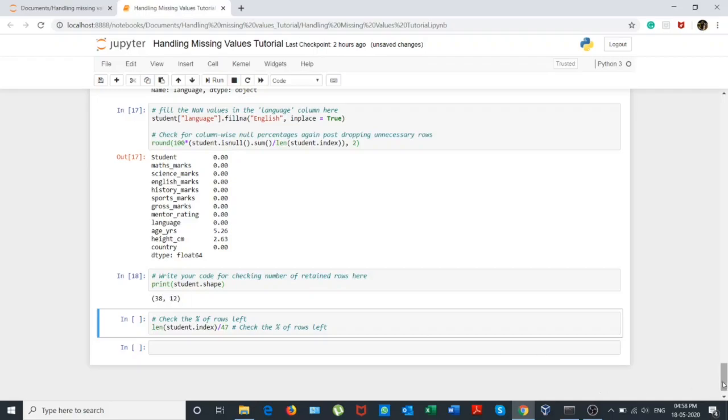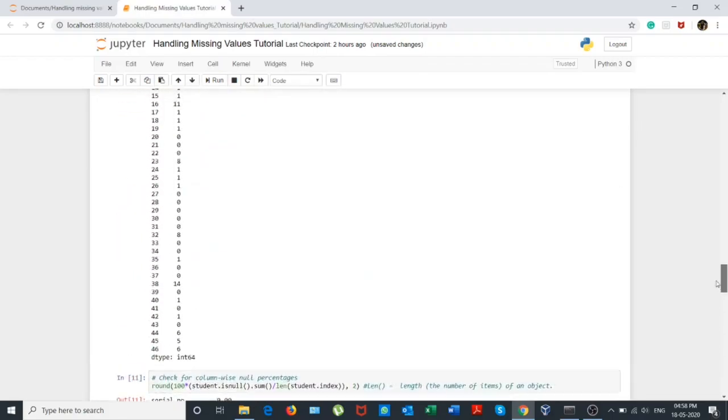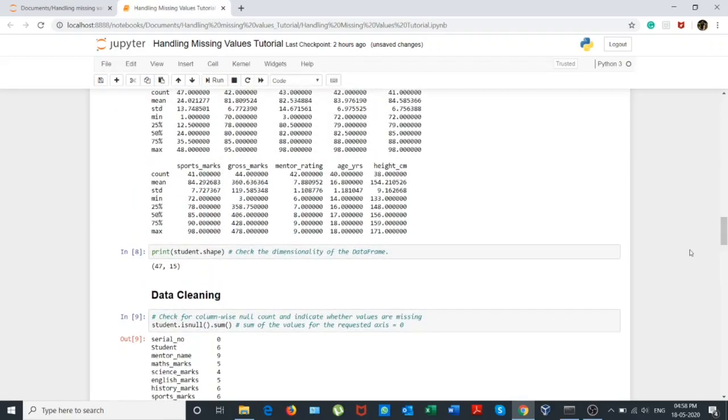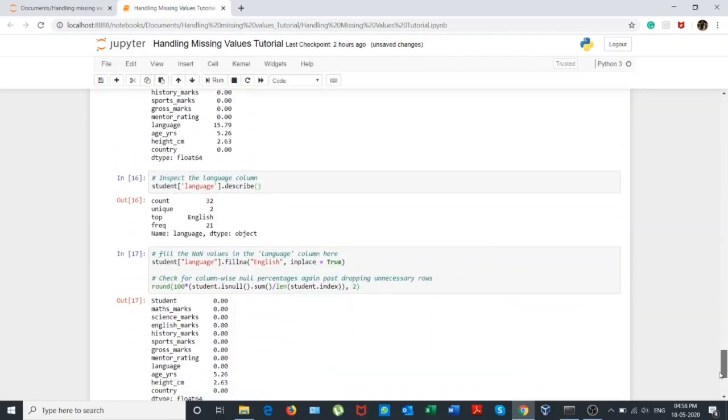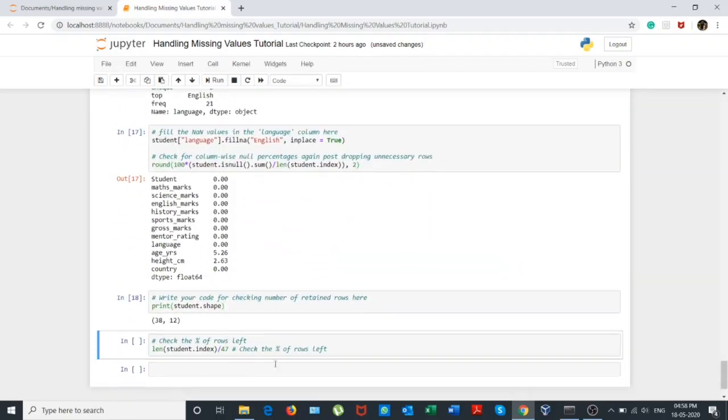But initially, if you move to the initial part, you had 47 rows and 15 columns. So roughly you can say that you have lost 9 rows and 3 columns.